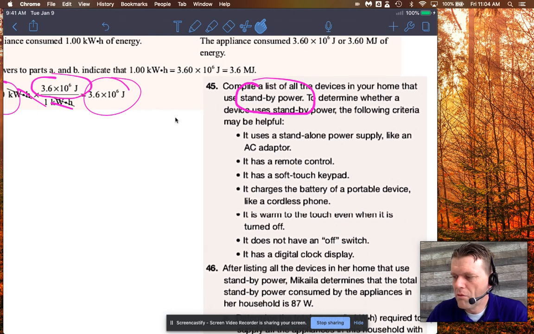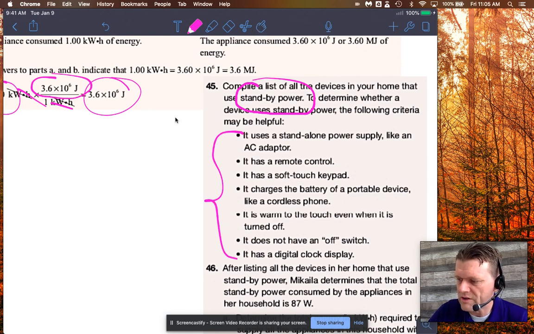If it has a standalone power supply, like an AC adapter, if it has remote control, soft touch keypad, if it's warm to the touch even when it's turned off, if it has a digital clock display, okay? So that's not really anything to answer, but these actually just capture examples of what is standby power. Now, the next question